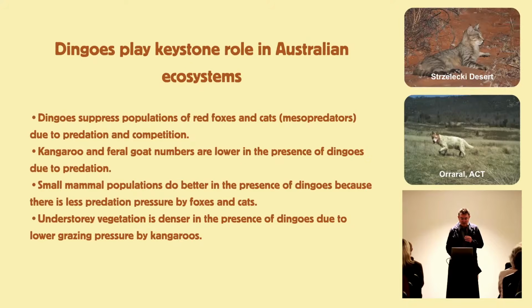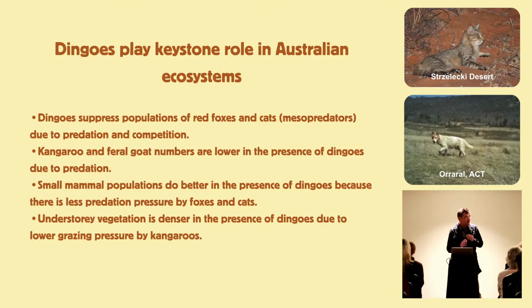Right. A lot of my research over the last 20 years has been thinking about their roles in ecosystems, and James is doing this work in Namadgi. And across the country, I think we can pretty safely say that dingoes suppress populations of foxes and cats because, well, they hate them. And wherever you go across the country, if there's an area with lots of dingoes, there's hardly any kangaroos or wallabies. So they suppress their numbers because they eat their prey.